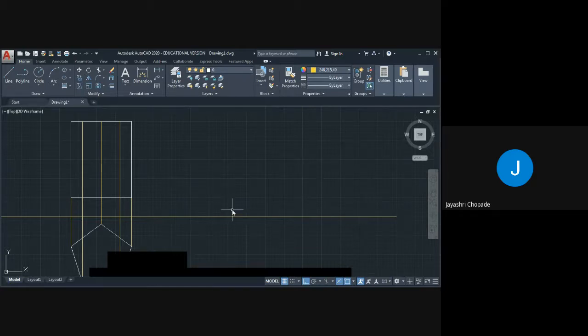Now the condition is given that there is an inclined plane which is 45-degree inclined to the axis, and that inclined line passes from the center. So first of all we will find out the center. As you know, the vertical distance is 50.